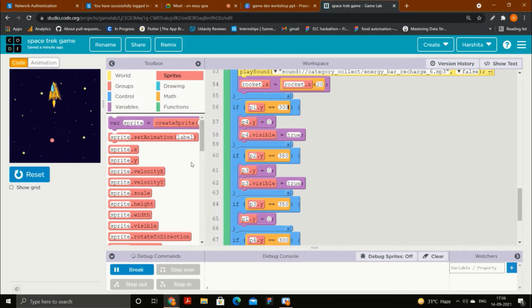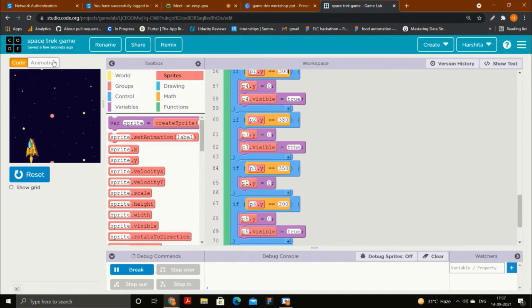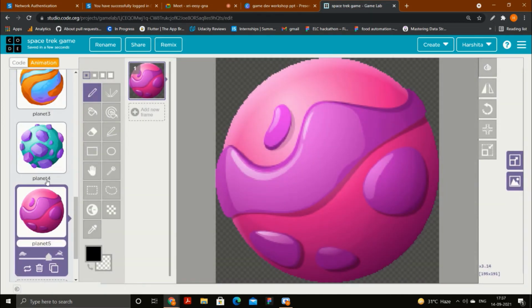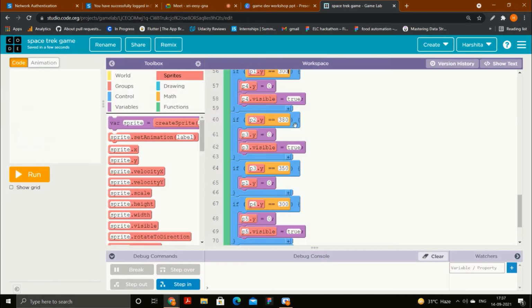If I put it 200. So see, actually, it's fine. You can just explore it. You can change the values, coordinates of other parts. And this purple one, I will just check what is the name. Okay, Planet 5.